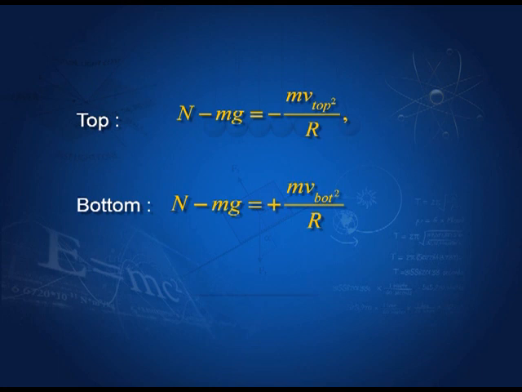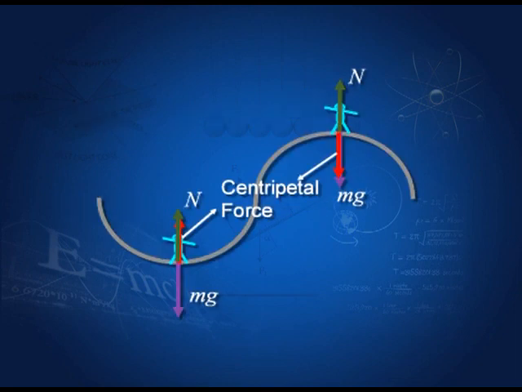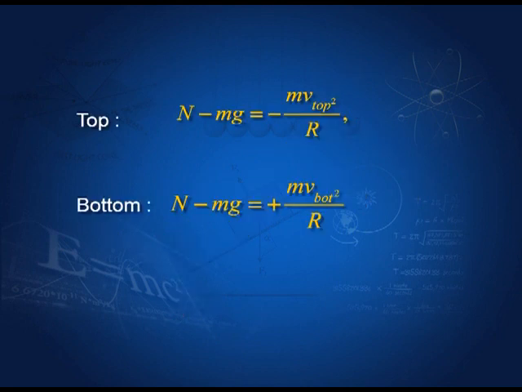At the top, it is mv top square by r, at the bottom it is mv bottom square by r. Now, there is a sign change here. Why? Because as I pointed out, the centripetal force has changed direction. Here it was downwards, here it is upwards. So, this has changed direction, and therefore, we have N minus mg equal to minus m v top square